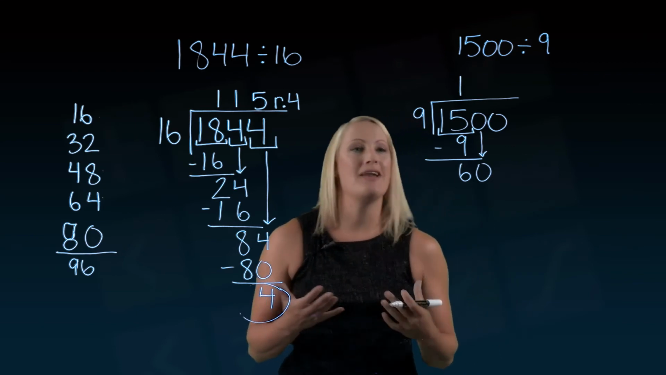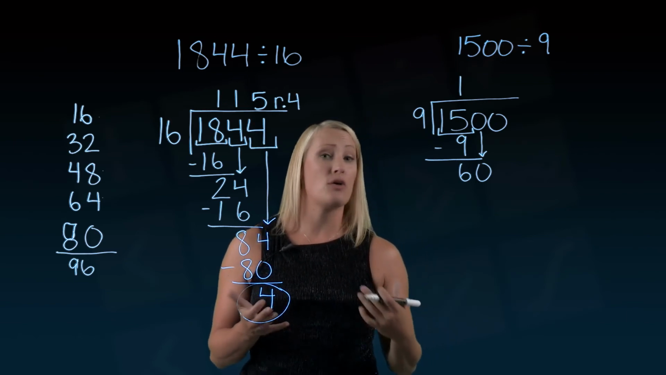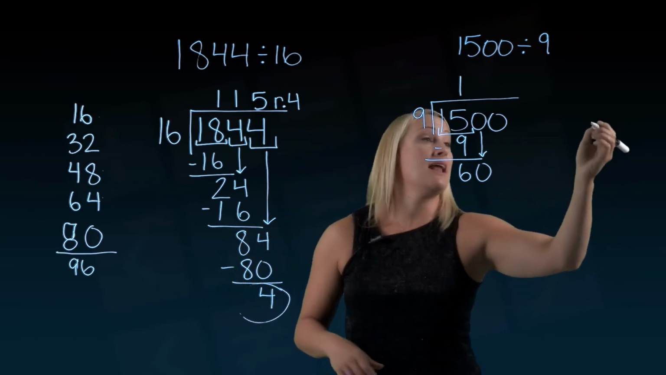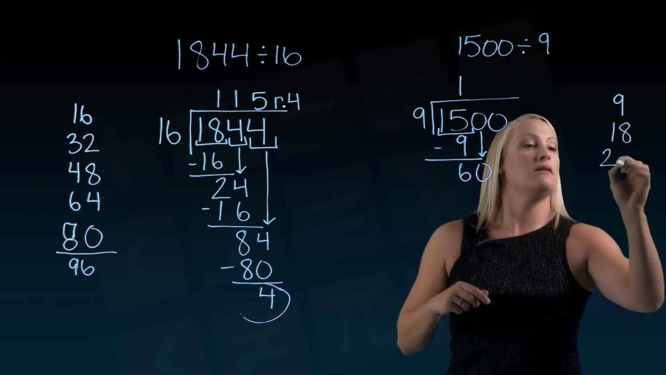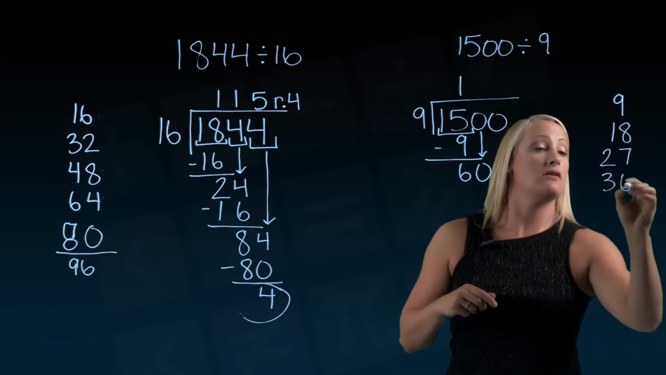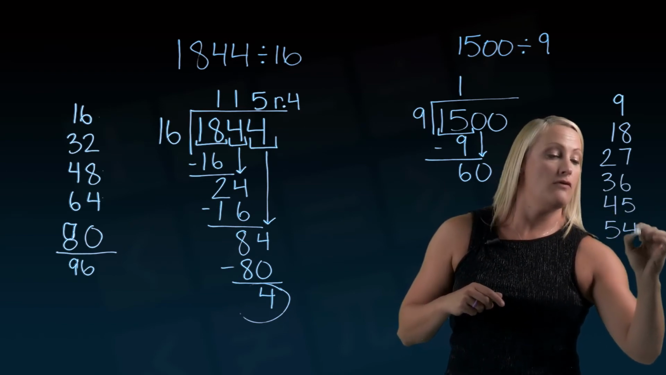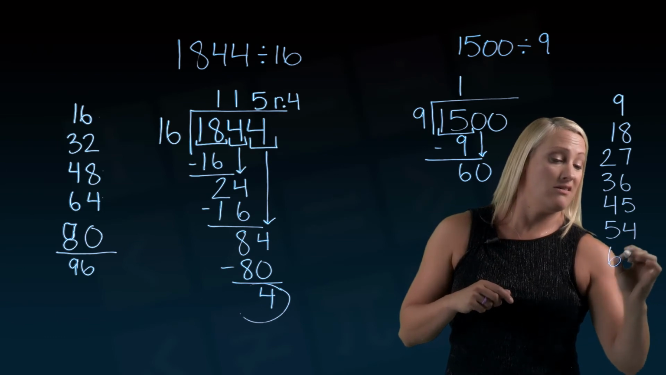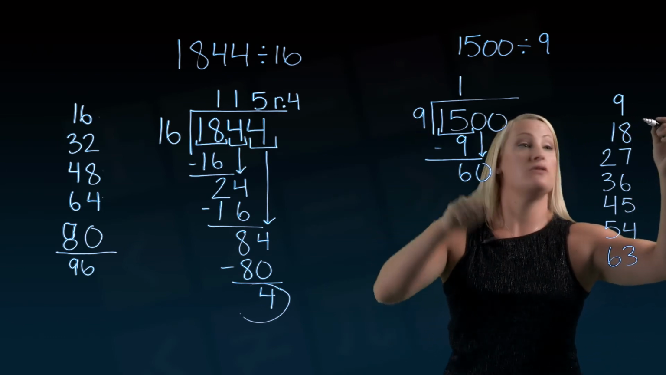And now I'm in that spot again where I'm going, okay, I know 9 goes into 60, but how many times I'm not quite sure. So I'm going to go over here, and I'm going to count by 9s. 18, 27, 36, 45, 54, and if I go farther, I'm going to go past 60. So it looks like 9 goes into 60